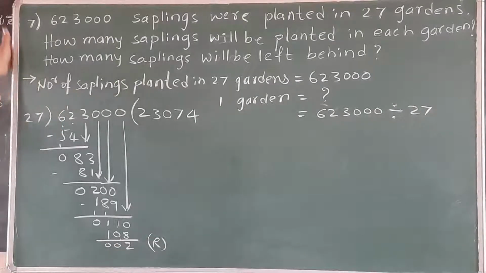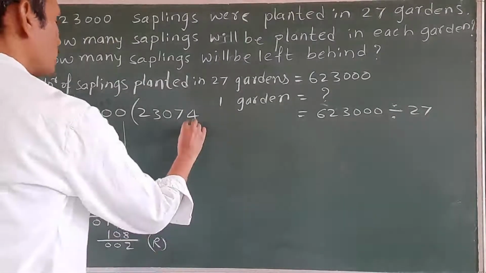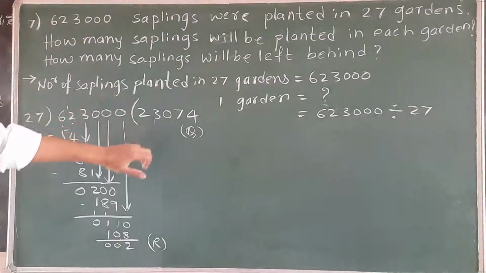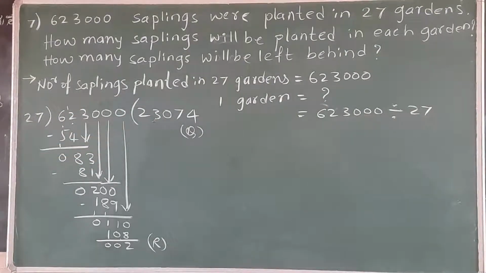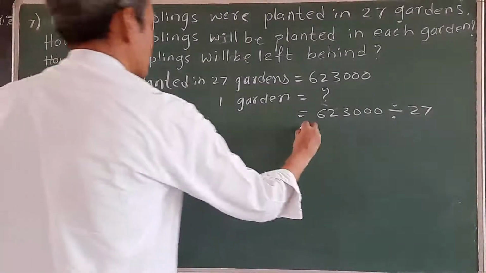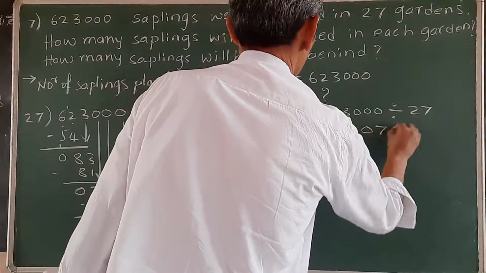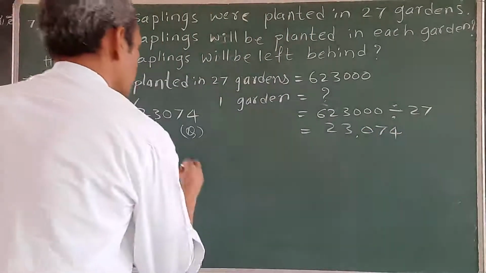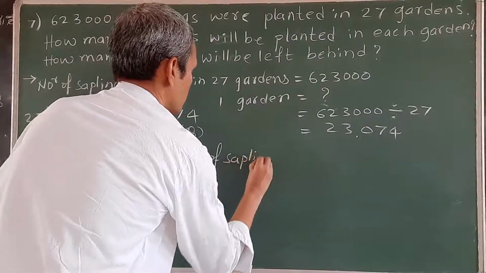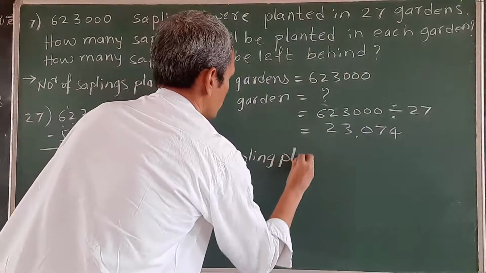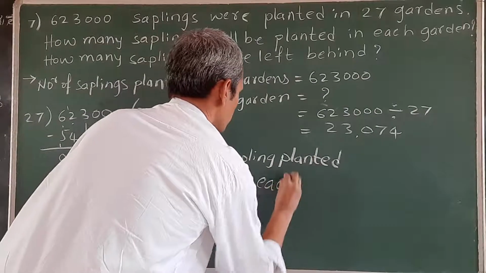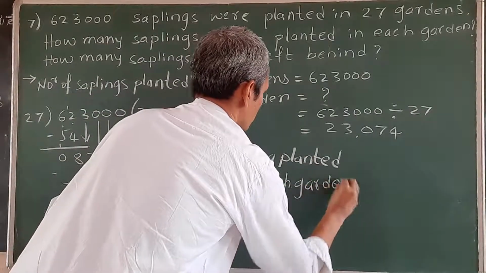That is 2 saplings left out after plantation, and these many saplings will be planted in each garden. The number of saplings planted in one garden is this many: 23,074 saplings will be planted in one garden. Therefore, the number of saplings planted in each garden is